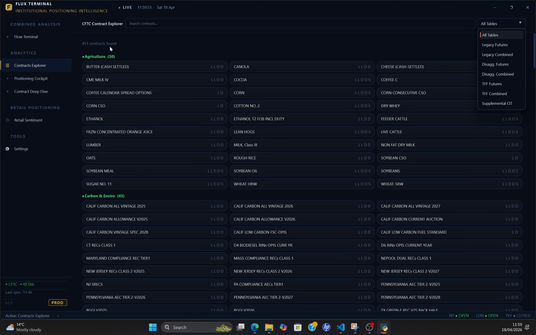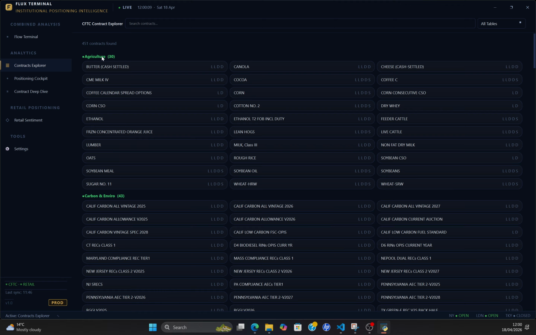In this terminal, they're all available, same as the previous one, but in a better shape, in a much more advanced way. There are a total of 451 contracts coming from the CFTC website,